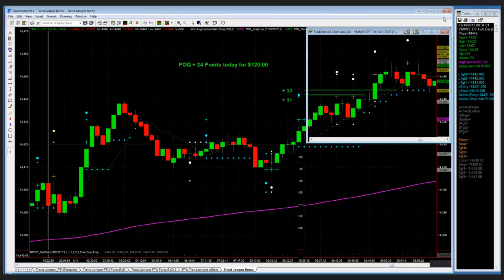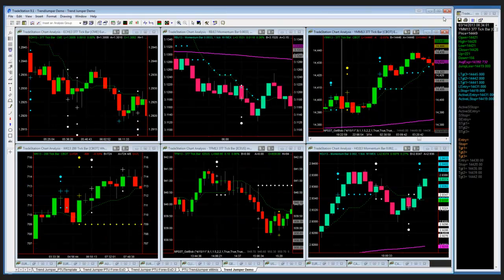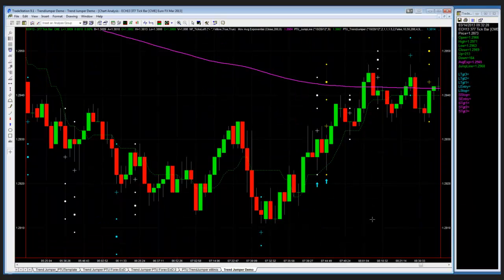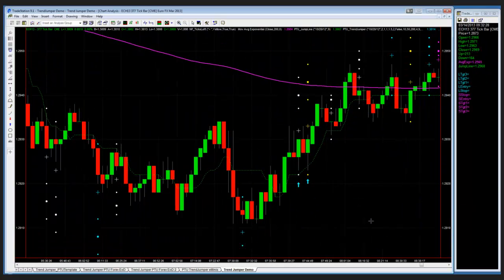Another market that you might consider a good scalpable market is, any of these really. The Euro futures is an example of a good one. Heating oil. I know you have Forex traders in here, and someone was asking about trading Euro futures as a possibility. I wasn't going to show this, but I figured, what the heck, let's take a look. I mean, you have to determine a good start time. I like looking at the U.S. session because I'm on the West Coast. But you got the same thing working here.